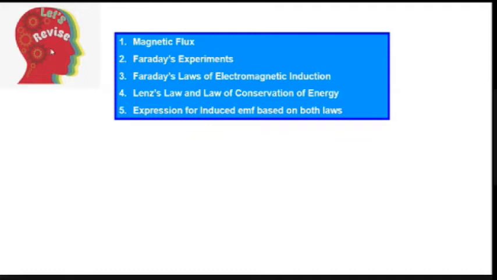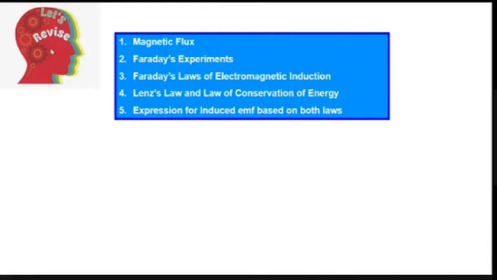got the expression for magnetic flux as phi is equal to B dot A. B is the intensity of magnetic field, A is the area vector, so phi = BA cos theta. Theta is the angle between magnetic field and area vector. I hope all of you remember how to take the area vector. Area vector is always taken perpendicular to the surface. It is a normal drawn to the surface.